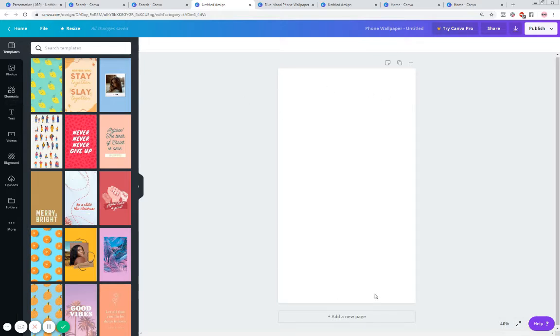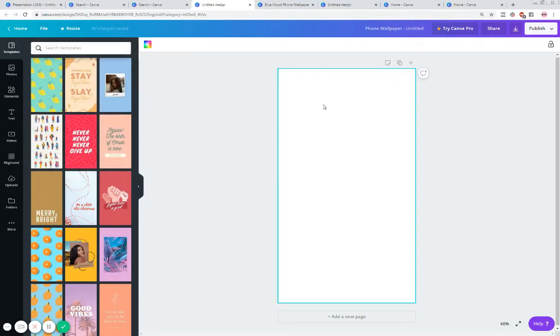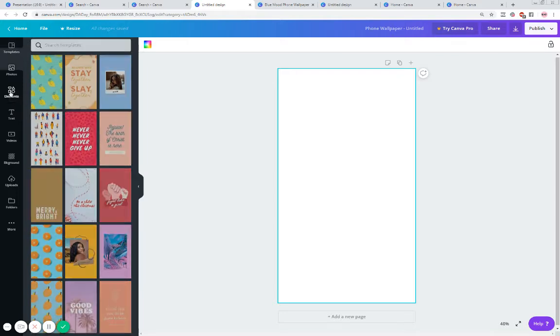This size, as I said, is 1080 by 1920. Remember, if you ever want to see the size, you click up the top left where it says File, and you'll notice the size says 1080 by 1920 pixels. That's the size of a phone wallpaper. I've got a blank sheet here, and because I want to have lots of images in my vision board, I'm going to go to the Elements tool,